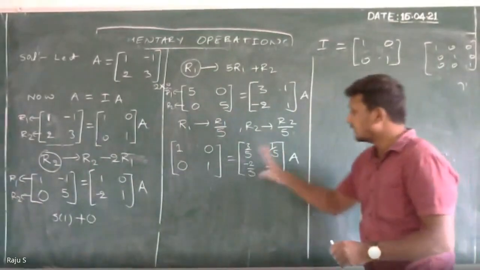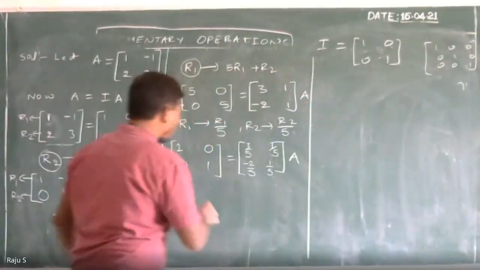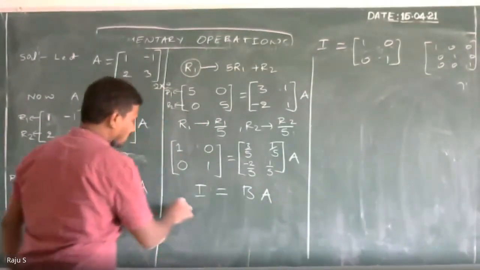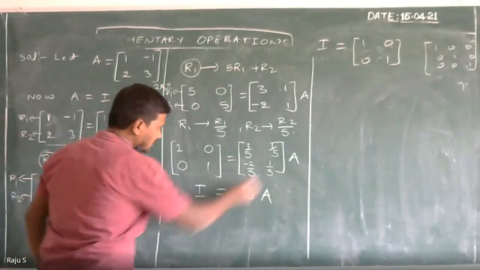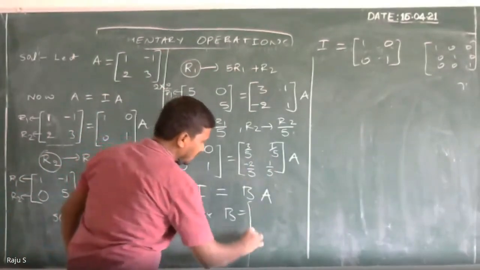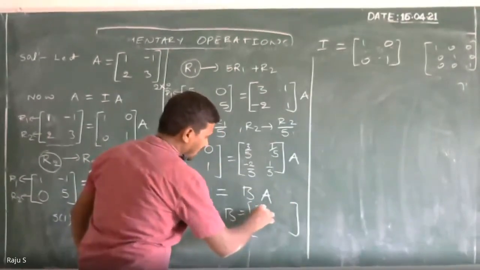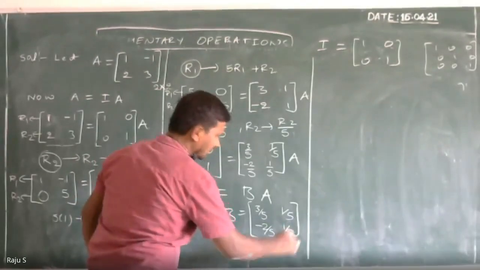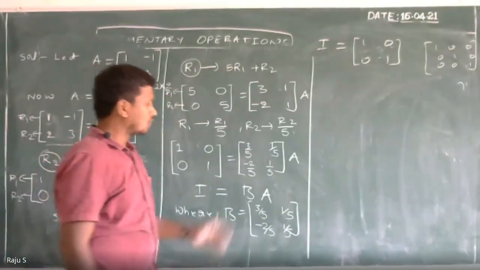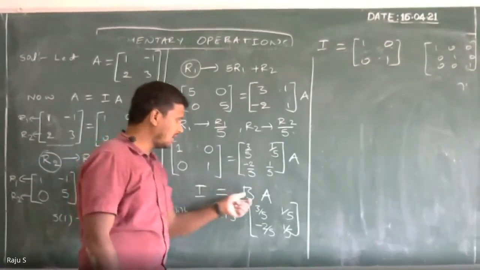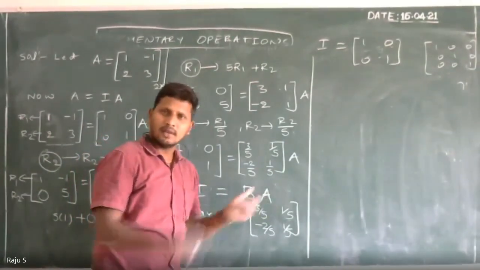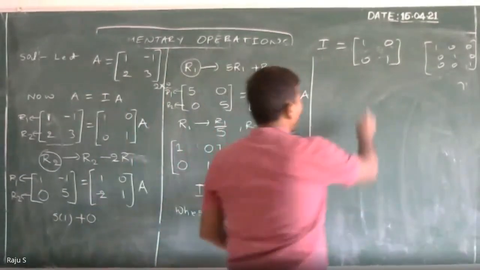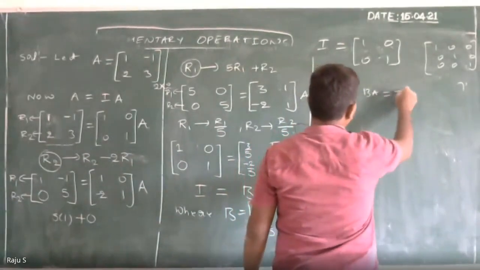Okay, see, finally, what do you observe? It is in the form of identity is equal to B into A, where I want to take this matrix as capital B. Capital B is 3 by 5, 1 by 5, minus 2 by 5, 1 by 5. Clear? So what do you observe? It is in the form of identity is equal to B into A. Whenever the product of any two matrices is equal to identity,